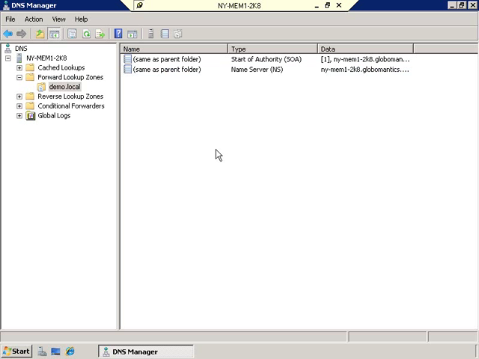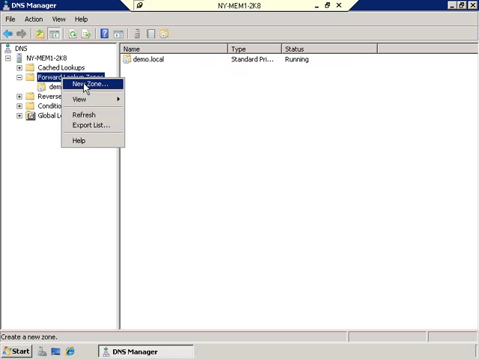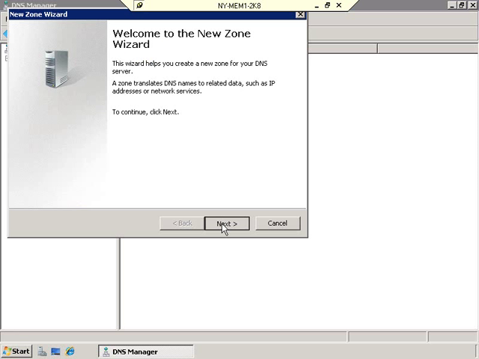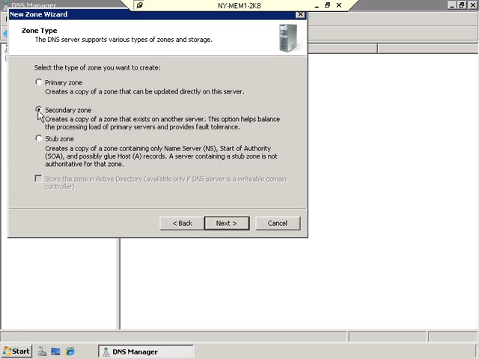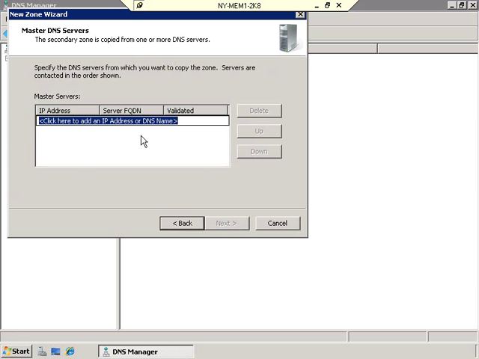Now, like I said, we'll get more into these records in a little bit, but I want to show you some more zones that we can create. Let's go ahead and go back into forward lookup zones, right click, new zone. And this time I'm going to select secondary zone. In the secondary zone, click next, it is going to ask me for a name, and this time I am going to put in globalmantics.com and click next,